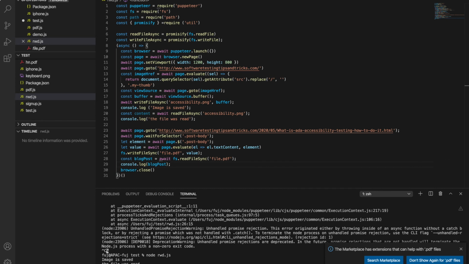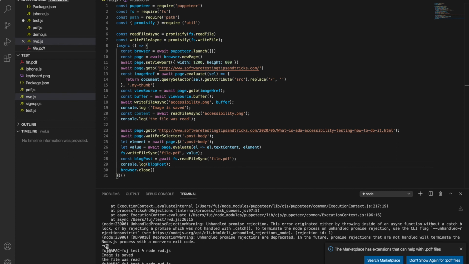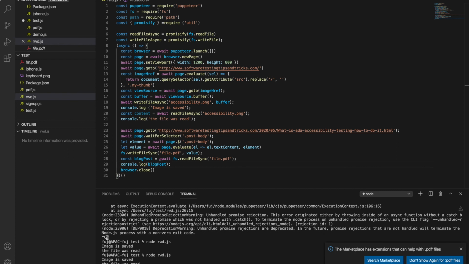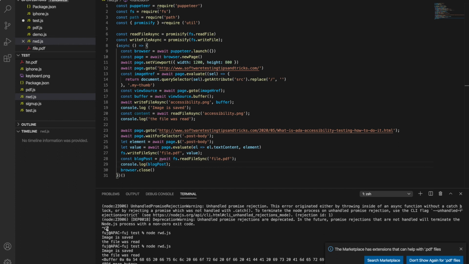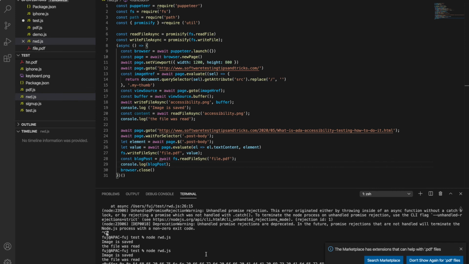So now let's try. With good luck this time we don't get any syntax error. Yeah, it got read but it printed a buffer. So this was file.pdf. I think with the PDF file we may have some issue to read.